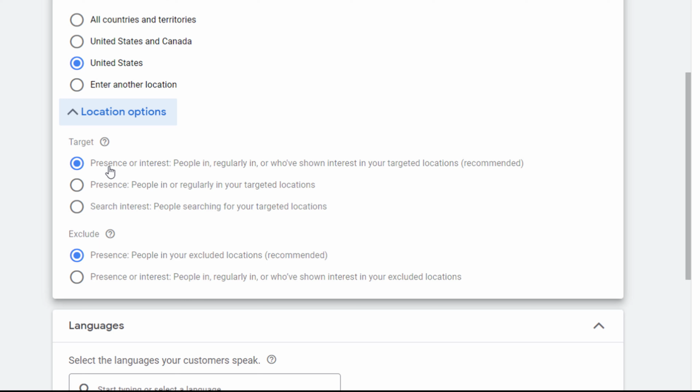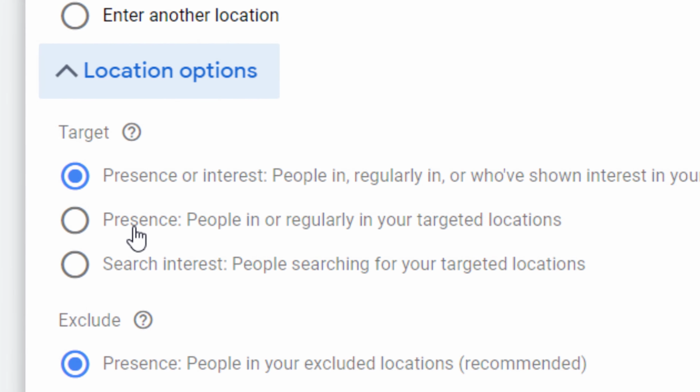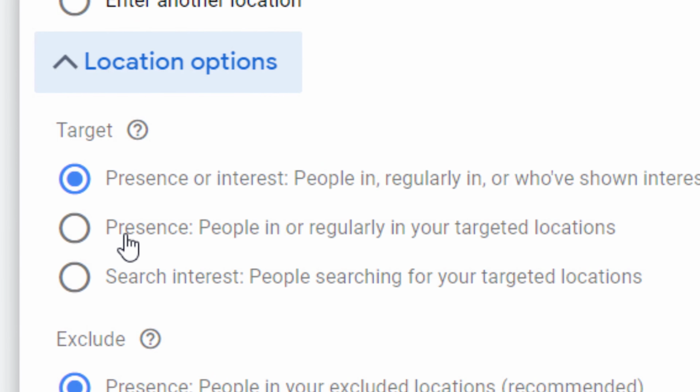This setting determines whether your ads will show to people who are physically located in your targeted location, or to people who are searching for information about those locations, regardless of their physical location. You should choose people in or regularly in your targeted location.